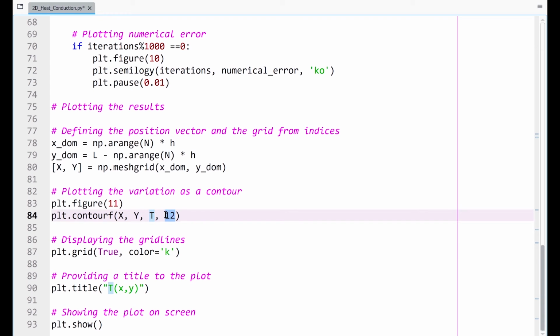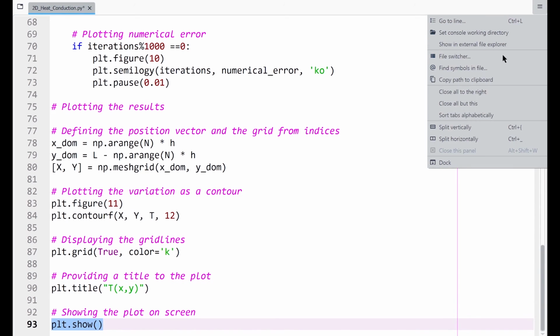And here I am suggesting that we have 12 contour levels. Finally, we are also trying to see the grid lines. This command is totally optional. The last thing is we are providing a title to the plot, that the plot is of temperature as a function of x comma y, followed by showing of the plot.